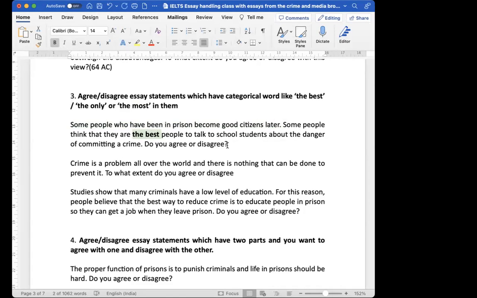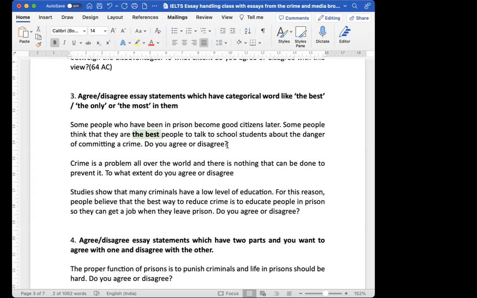अब कुछ लोग कहते हैं कि जो लोग prison में रह आए हैं, बाहर निकलते हैं तो बड़े सुधर के निकलते हैं. They are very good citizens. And इसलिए some people hold the view that if they are called in the schools to talk to the children, school students, tell them the first-hand experience, how life of prison is very bad, then the children will listen to them and they will not do crime. They are the best people to teach children not to do crime. Now you can say, I don't think so.